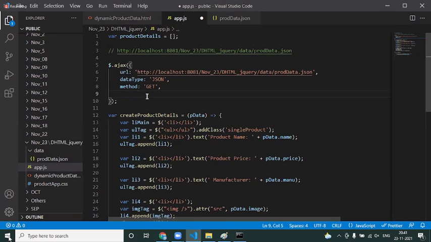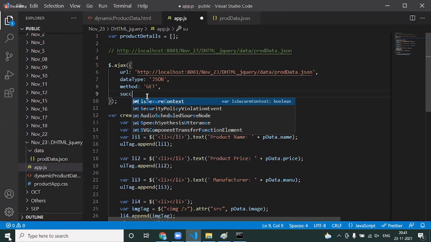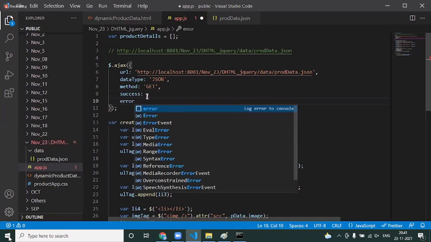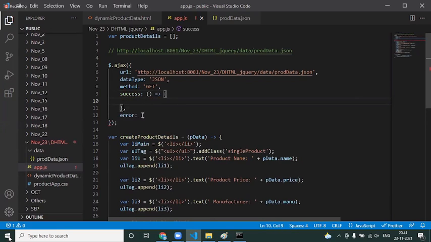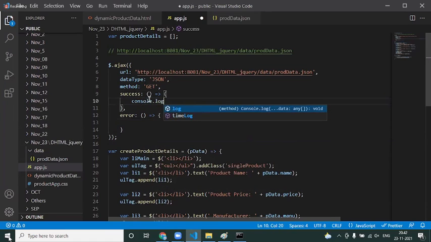Along with this, we have two callback methods: one is success and one is error. These are predefined callback methods; you simply specify the callback method for success and the callback method for error. Under this success, let us say console.log "successfully got response".